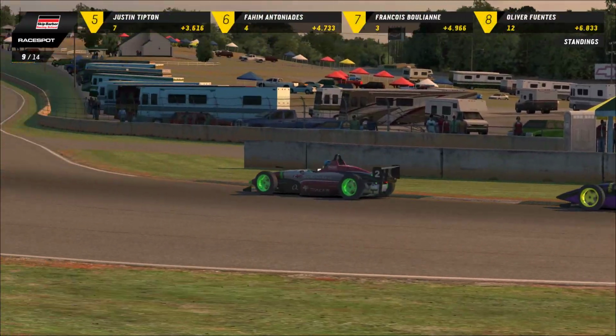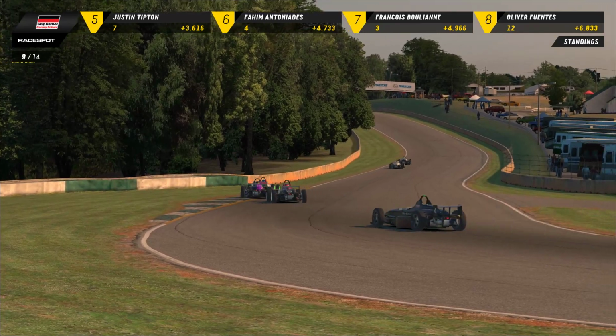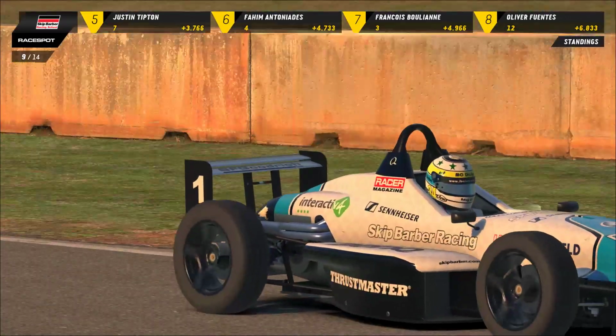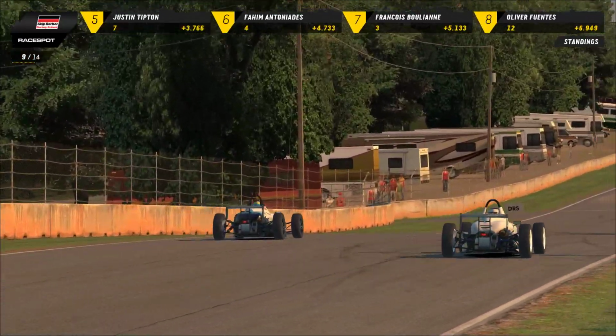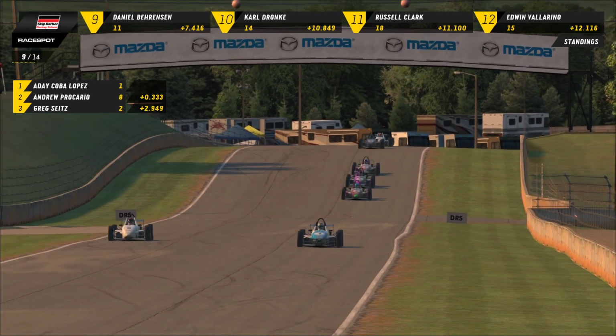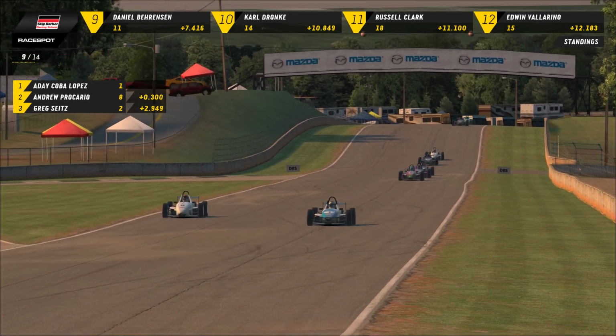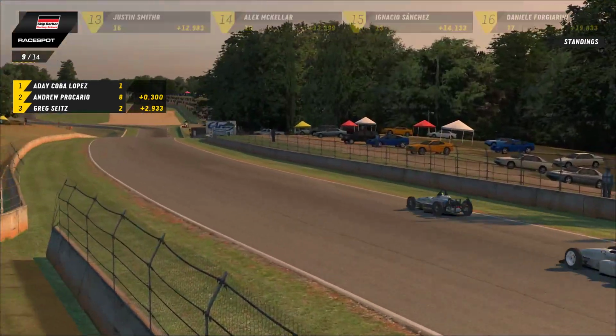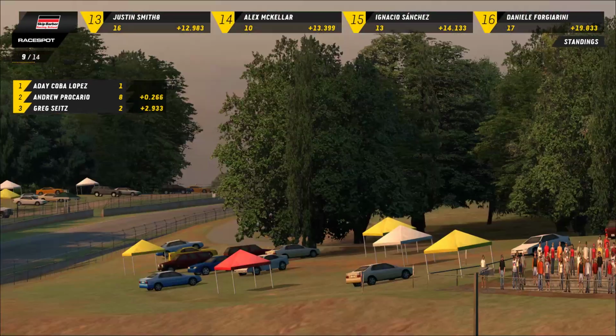So down towards the back straightaway, your entire field will come once again. Race leaders have been stretching the gap further and further. The gap between Adecoba Lopez in first and Greg Seitz in third last time through was 2.8 seconds. And if you watch on the cameras, you see Precario moving out to driver's right, getting clean air into that engine, realizing there's no risk just yet to overheat that motor, as it's going to be 5 laps to go